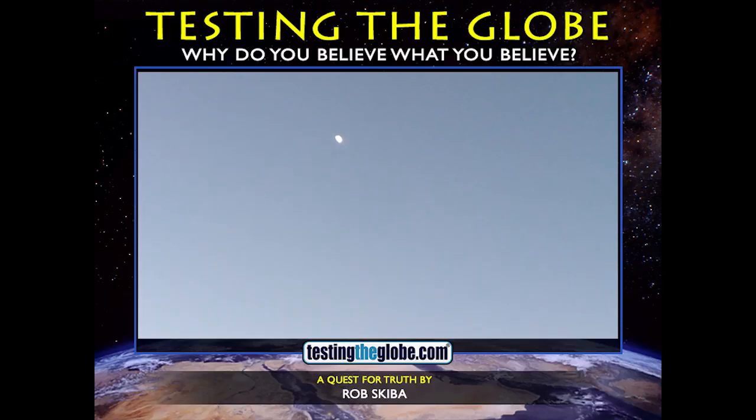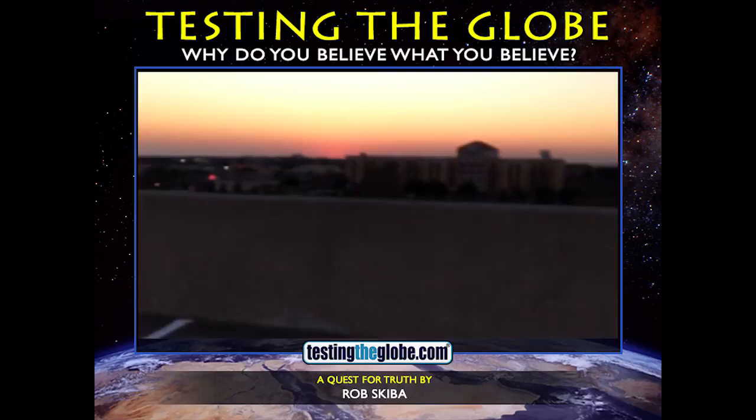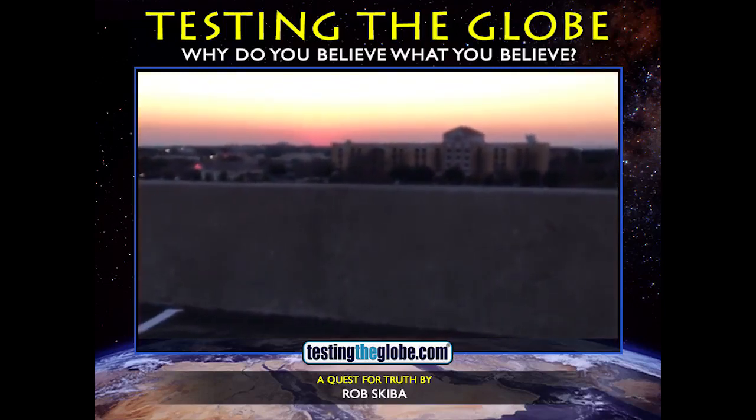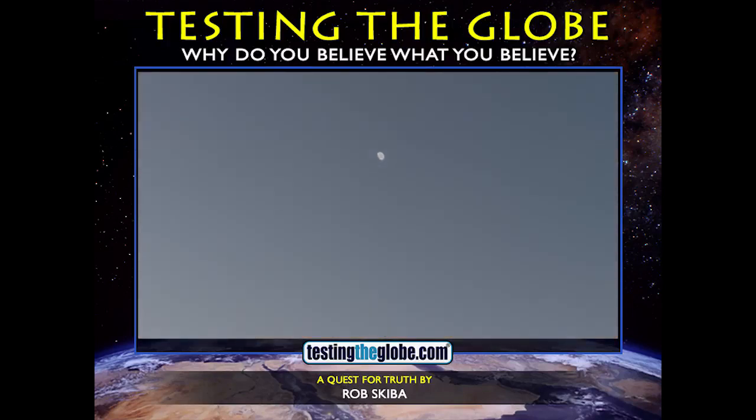So you would think that if the moon is reflecting the light of the sun, that the sun should be shining this way. Problem is, the sun is now way down here. Look at the terminator line of the shadow. You would think the light should be coming directly across from it, but it's not. It's way down there. The angle is totally wrong for that shadow.